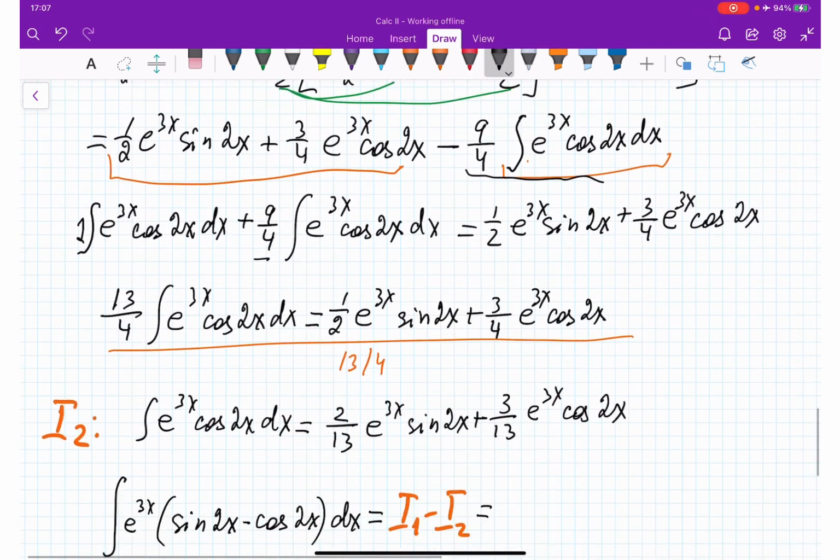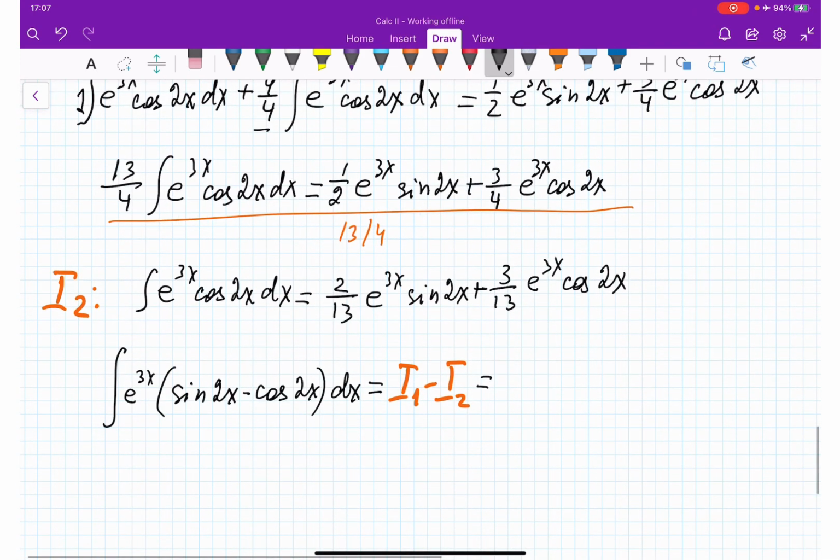Okay, let me write it down. This is going to be equal to negative 2/13 e to the power 3x cosine 2x plus 3/13 e to the power 3x sine 2x